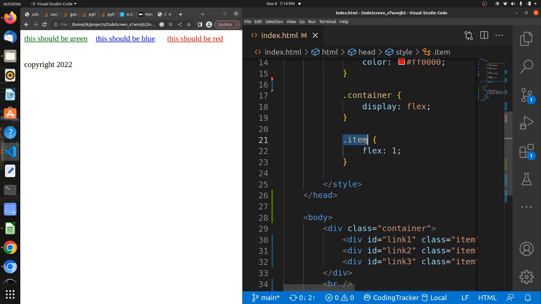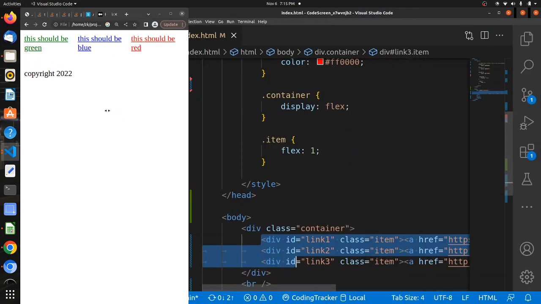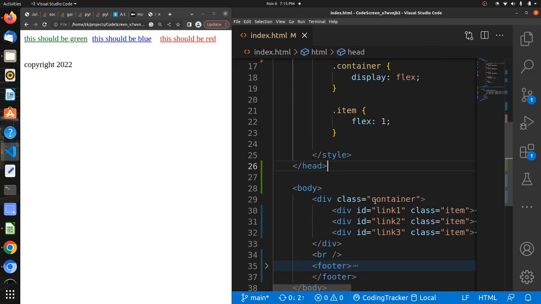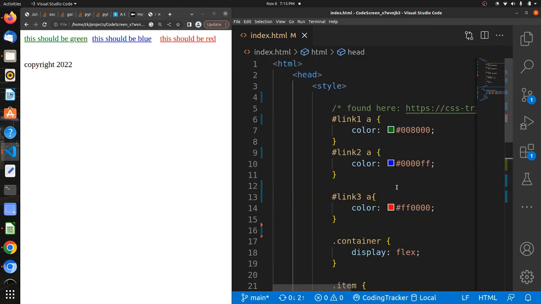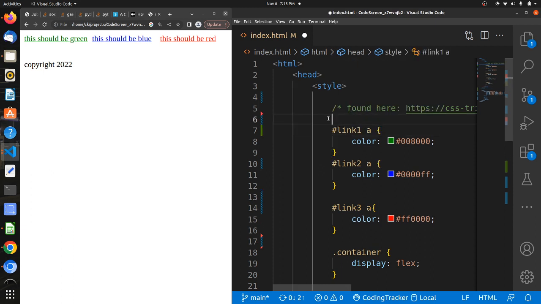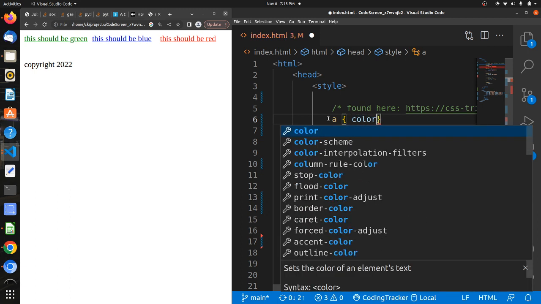So any element with the class of item, which includes these 3 divs down here, I've assigned it a flex factor of 1. It just doesn't mean anything to you at the moment, but it just means that it'll move like this when I resize the window, as it should. So that's pretty much the basics of CSS. One thing about the name CSS is there's a reason why it's called cascading style sheets. So let's say I add here another style and I just call it A, and then I say all anchor tags or link tags, I want them to be colored purple,